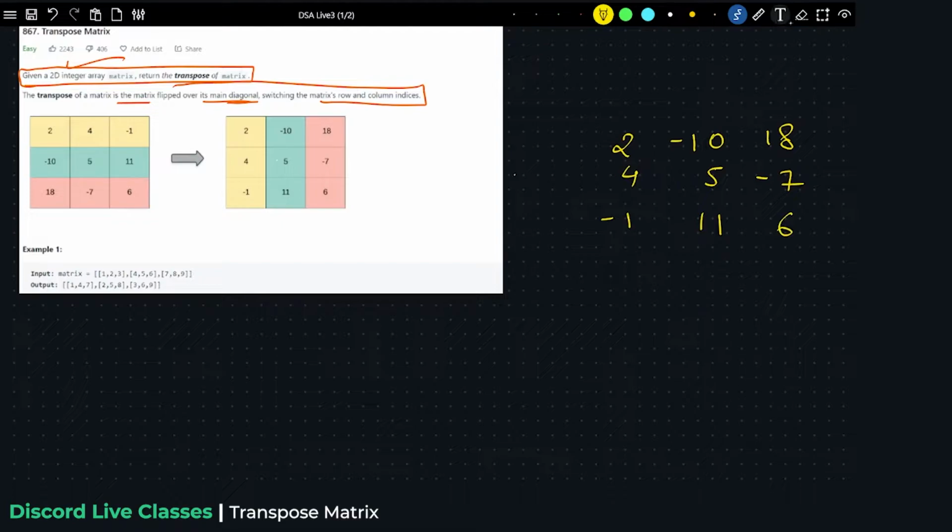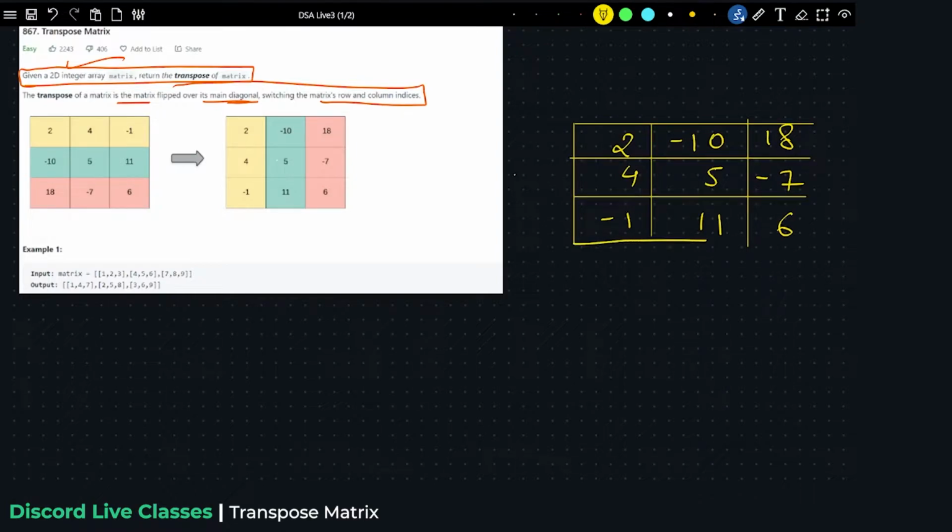Okay, let's say you have been given this matrix. So what you need to do is convert it,